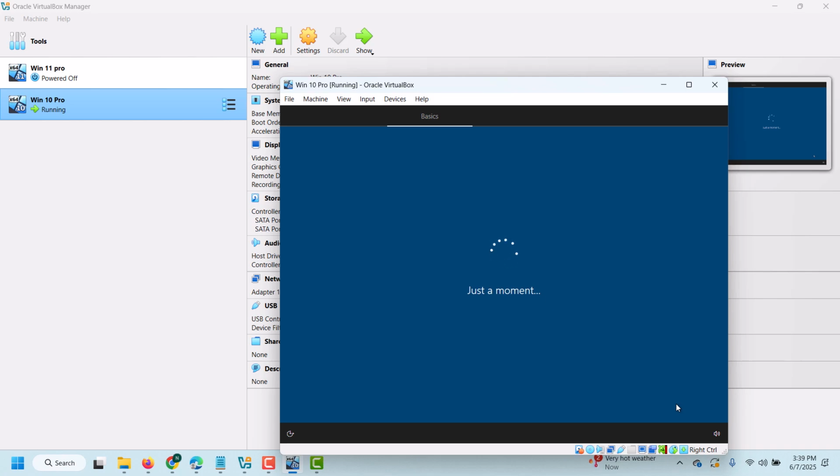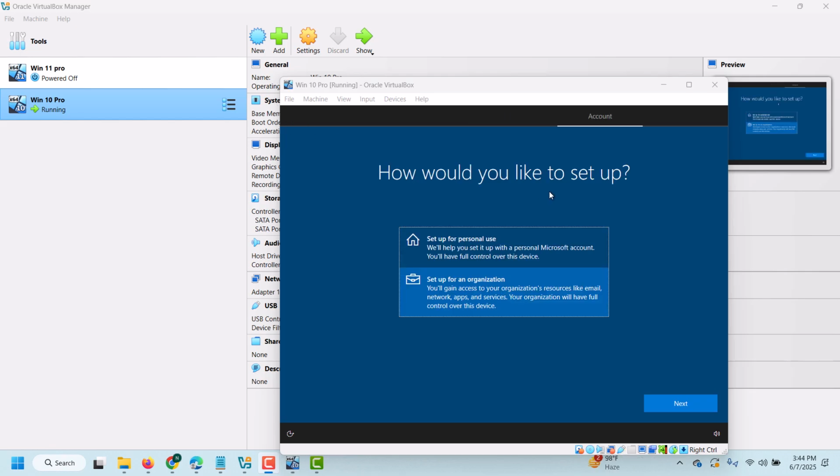Okay, we are doing the initial setup for Windows 10 Pro. This is for Oracle VirtualBox. So almost done. The initial setup is still setting things up. So I think it will come up within a minute. Okay, finally we have come up to